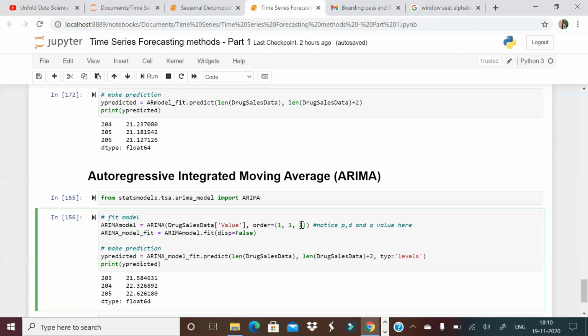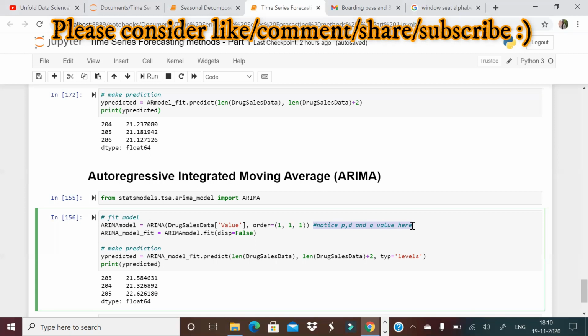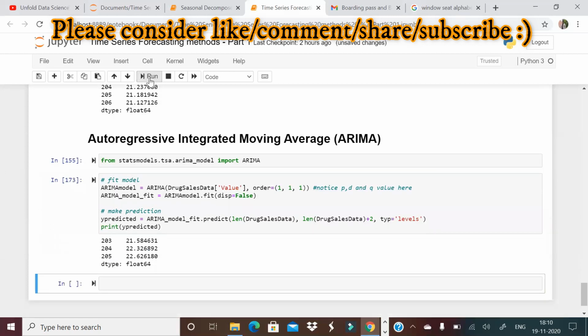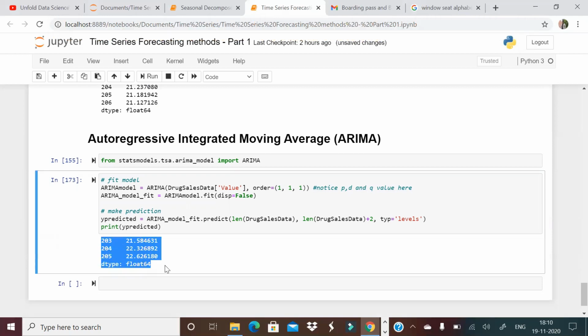How to decide AR and MA I explained in my last video, but we should do a detailed session on PACF and how you decide AR and MA. But the important thing to understand here is how to decide the PDQ for ARIMA. Sometimes when we are not sure about PDQ, we take various values of PDQ in a list and run an iteration to see what is the best PDQ for this model. Here I am taking 1 1 1, I am running ARIMA, I am just predicting the next 3 values, and this value also seems to be in the range of 21, 22.